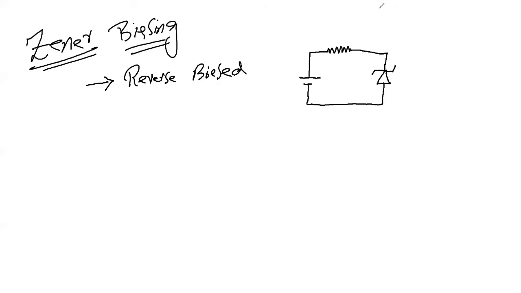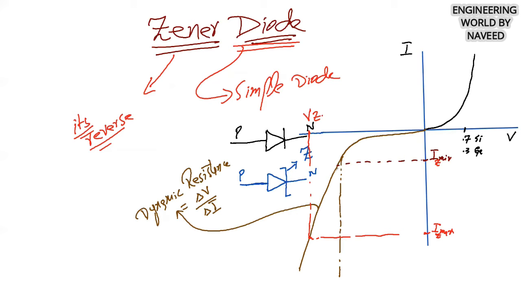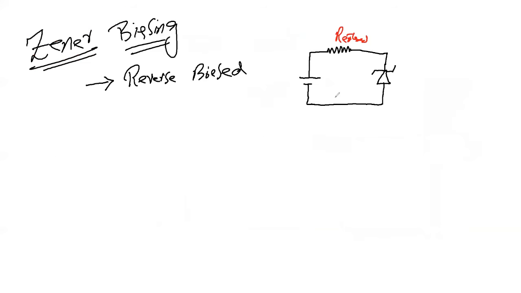Now there is also one question that may come to your mind: why am I using this external resistor? Because this resistor will limit the high current. As you see in this curve, a very high current will flow during Zener breakdown. When you increase the reverse voltage and achieve the Zener voltage, at that specific voltage the current will be too high. So if you want to limit this high current, you will need to install an external resistor in any circuit.